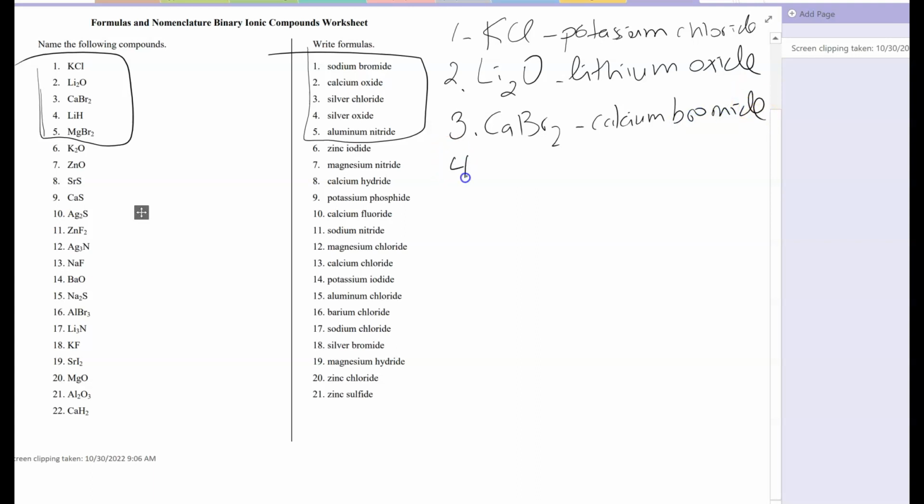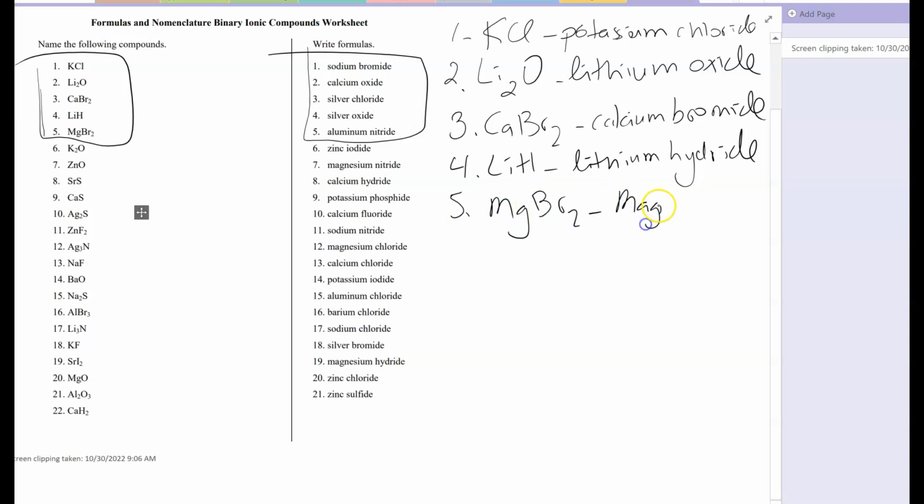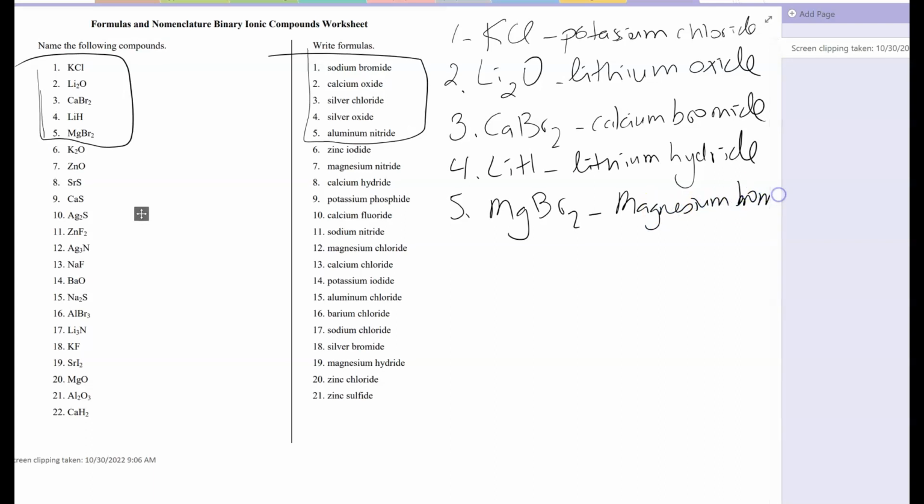Then you have LiH, so the first metal, lithium, and then hydrogen becomes hydride. And then MgBr2, magnesium bromide. Now, to write the formula, you need your sheet of all the ions, which I will post